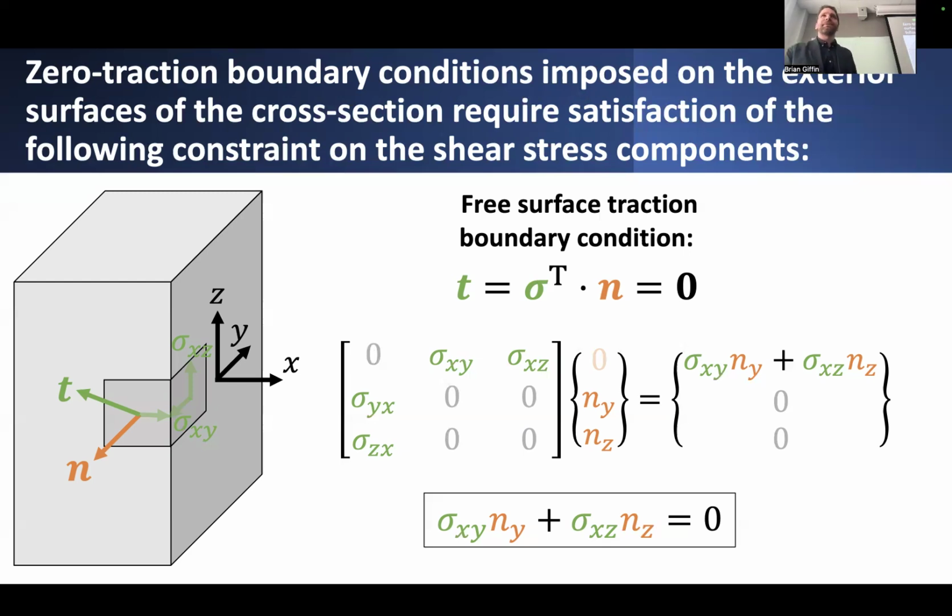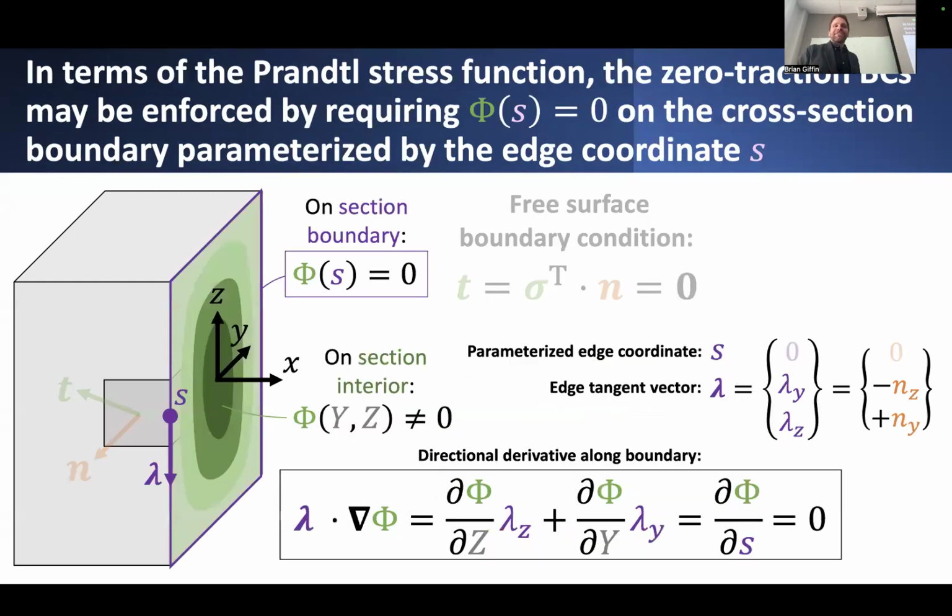But if you're looking at things from the perspective of solving not for the stress field directly, but instead solving for this Prandtl stress function, which is a scalar field, it's not a tensor anymore. You're not looking at components. It's just a single function of position that varies over the cross section. In general, if I substitute these expressions for the stress components with my expressions for the Prandtl stress function, assuming that the stress components come from this single function through the different partial derivatives,